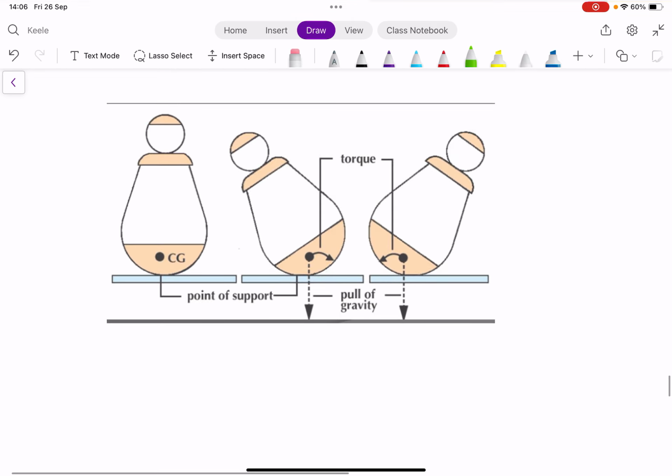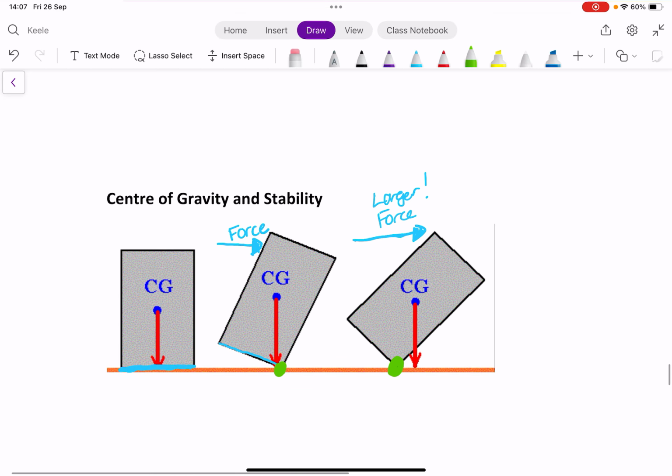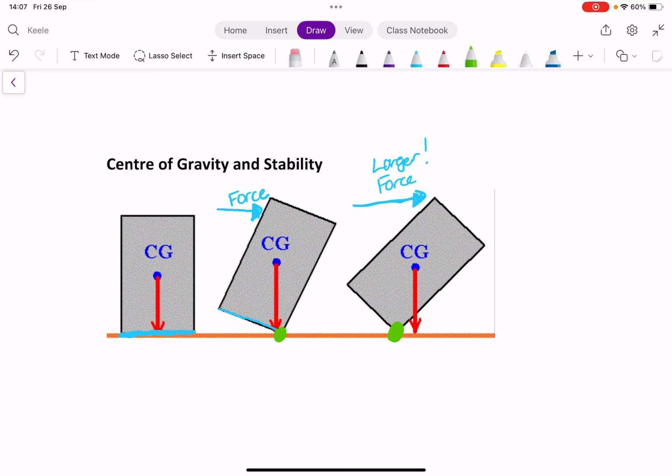Let's take a look. So just to understand a little bit more about centre of gravity, this little toy has a very low centre of gravity. Now, it only ever really has a tiny point of contact because it's got a round bottom. But in terms of something returning back to its original point, it has to be pushed quite a distance over to not return. That's partly down to the fact that it's got a round bottom. But it does also demonstrate the level of stability given by lower centres of mass. So a low centre of mass or low centre of gravity,